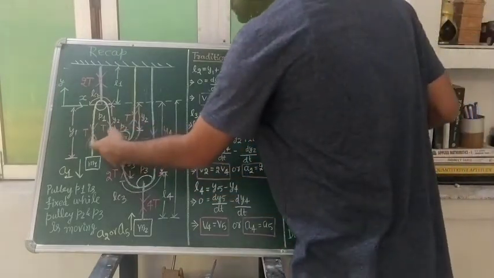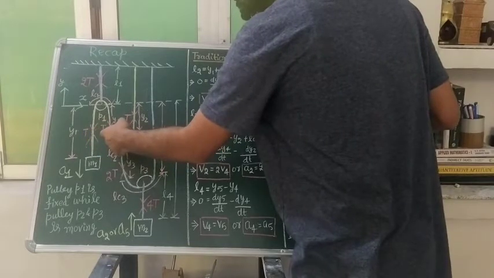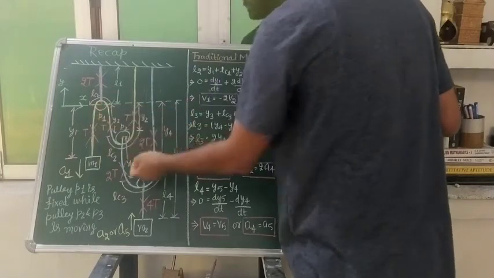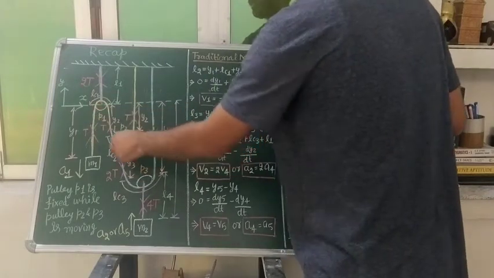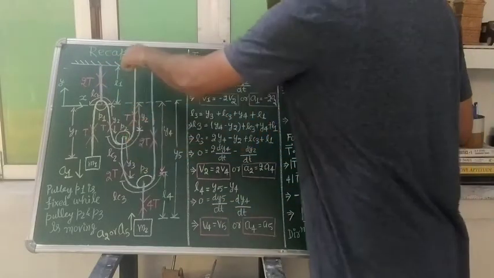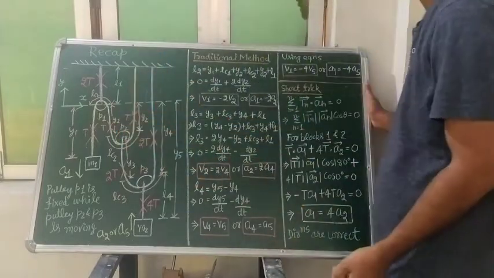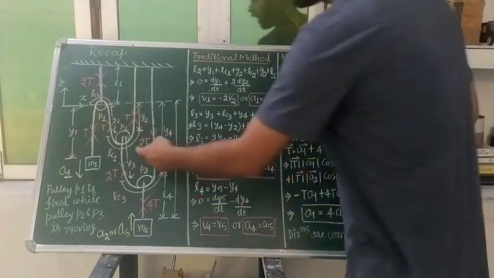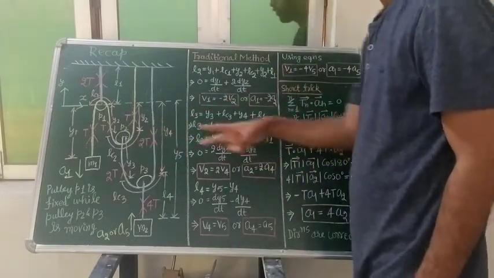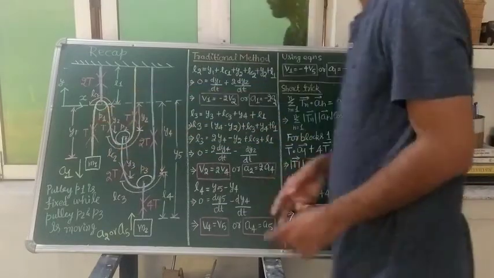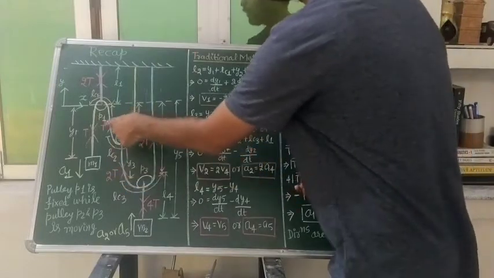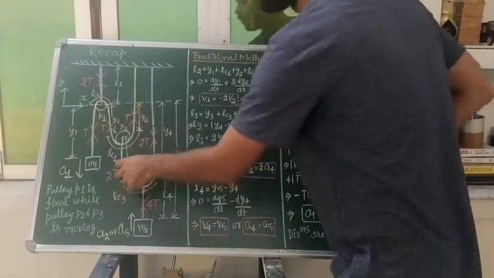So here if we have selected the tension T, we will get tension T here and tension T here. Obviously for the object of interest pulley P1, it will be in the downward side, and for the object of interest P2, it will be upside, and similarly for this P2 it will be like this, and for the ceiling it will be like this. Okay. Then after, when we draw the free body diagram of this pulley P2, we will cut this string from here and cut this string from here. T1 and T1 are acting upside, so the tension which will act here will be T plus T, which gives you twice T.